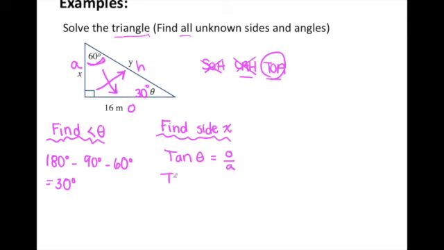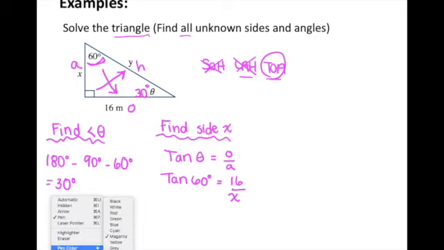You know that in this example, your theta, your angle, is 60 degrees. And then you know your opposite side is 16 meters. And your adjacent side here is marked as an x. An easy way to remember what to do is you're just going to simply